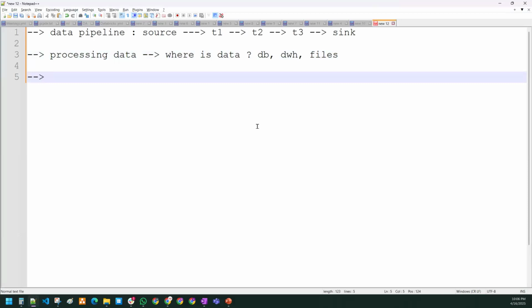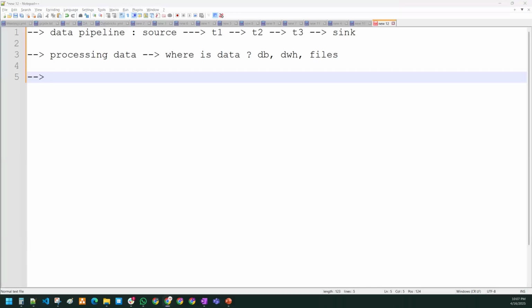Again, it totally depends on how your entire architecture is set up. According to the company's architecture, they follow a data warehouse or files. Some people store it in a data lake, or some people directly store it in the data warehouse. Some people just standardize the process and store it in GCS locations, right? It totally depends.